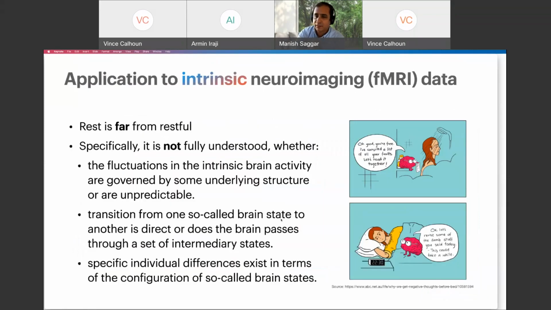Okay, so that was all task. Let me tell you some new stuff, which is looking at the intrinsic activity. And as all of us probably know, the rest is far from restful. We get to think about way too many things when our mind is wandering. And so we wanted to see if we can, and there has been so much work looking at the resting state, but we thought that